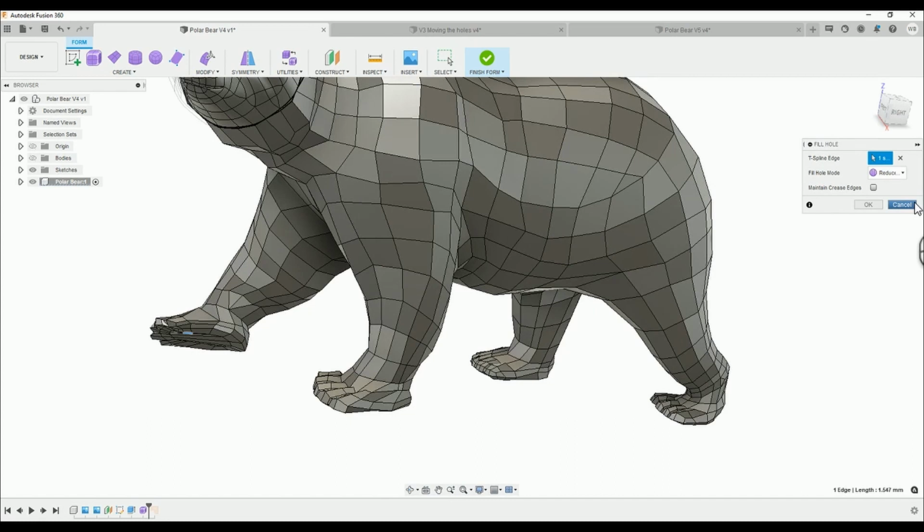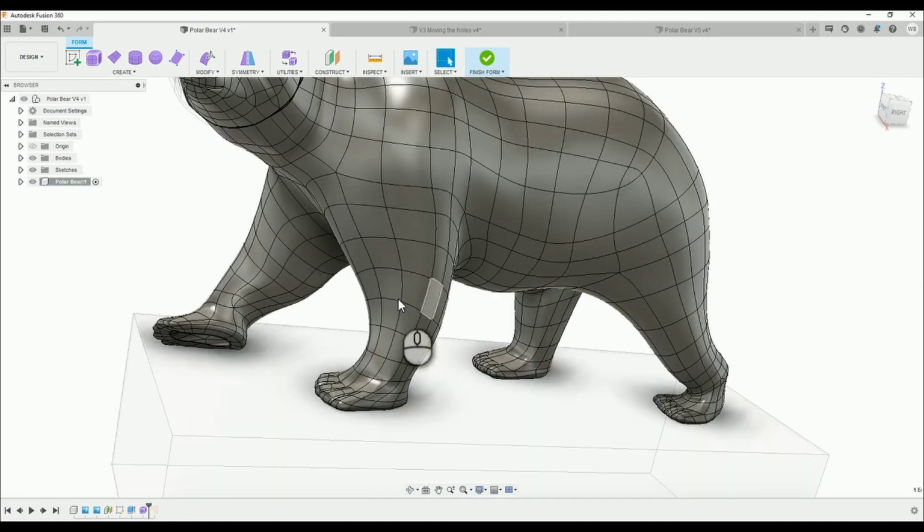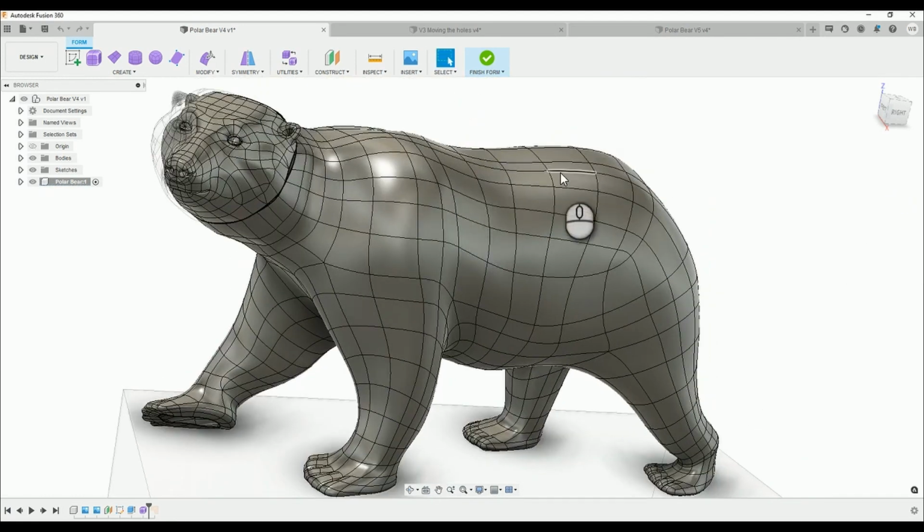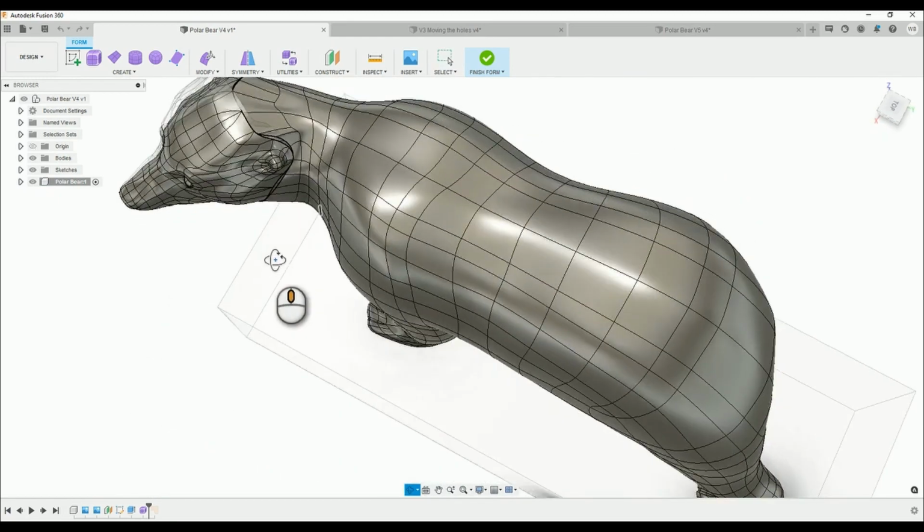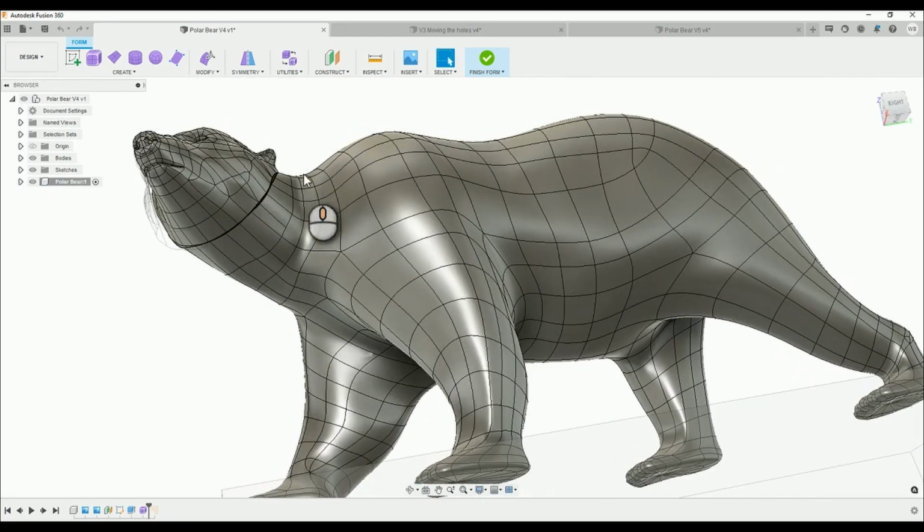So the polygon problem, yeah, it's frustrated me for years. I never knew what it was, and I got really frustrated with Fusion for long periods of time when working on models, when I've spent hours working on creating this polar bear, and I thought, oh, of course, now it's going to mess up, and there's no explanation why. Well, it actually turns out there is. So the problem is